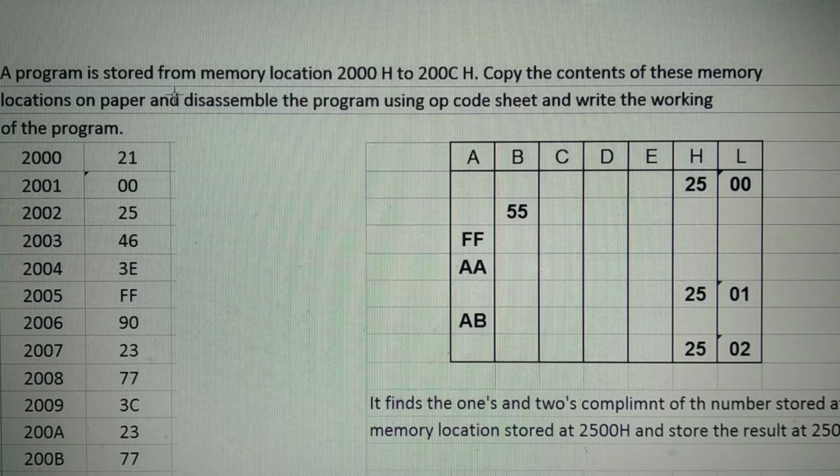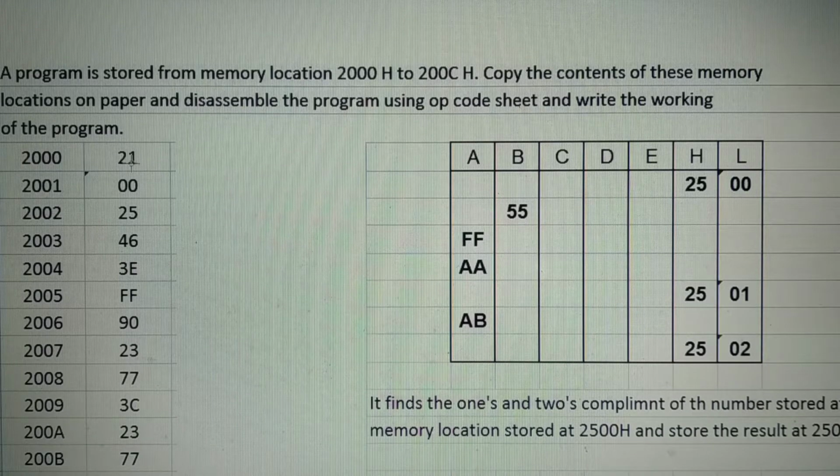The program is stored from memory location 2000H to 200CH. Copy the contents of these memory locations on paper and disassemble the program using the operation code sheet.